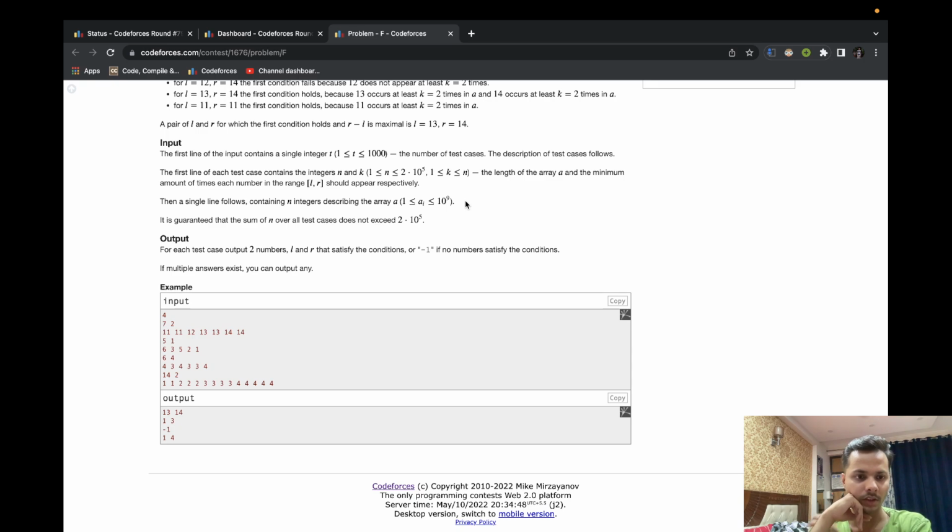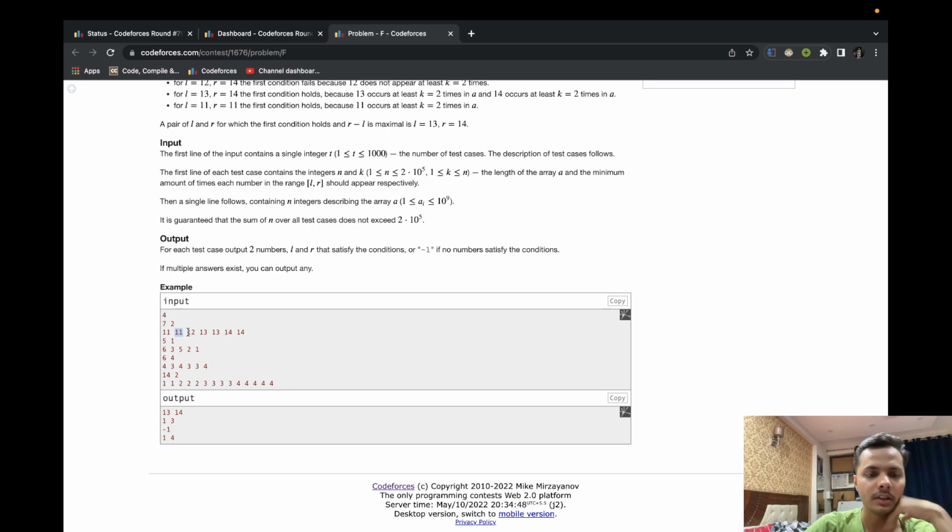Let's try to find a relation between the value of r for a particular L and the value of r for L plus 1. Okay. If A of I is equal to A of I plus 1, then the value of r for I will definitely be equal to the value of r for I plus 1, plus 1. Okay.